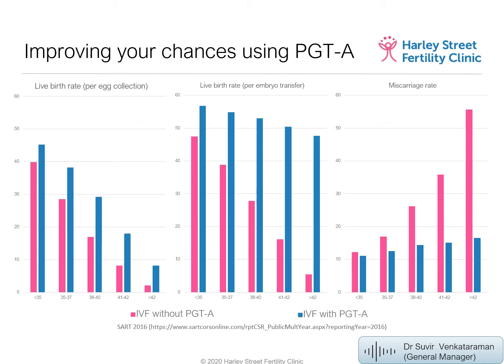But it does provide us with the information as to why the treatment is not successful. We know that it's because of the embryos. We're not left wondering what's going on. So that's what the second graph shows. The second graph shows the live birth rate for patients with and without PGT-A, but now it's shown per embryo transfer. So if we only look at patients who actually have embryo transfer, so what that means typically in